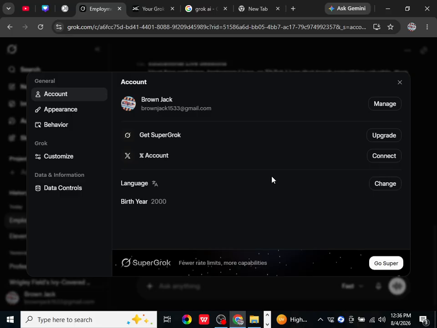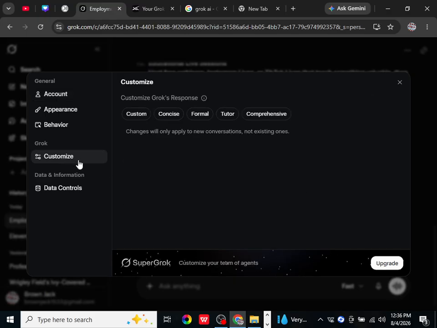If you want to customize how Grok responds to you, look for any available personalization or preference features. Depending on the current version of Grok, these settings may allow you to provide information about your preferred response style or other relevant preferences. You should also review privacy and data-related settings. If Grok provides controls for conversation history, personalization, or data usage, read the descriptions carefully and select the options that